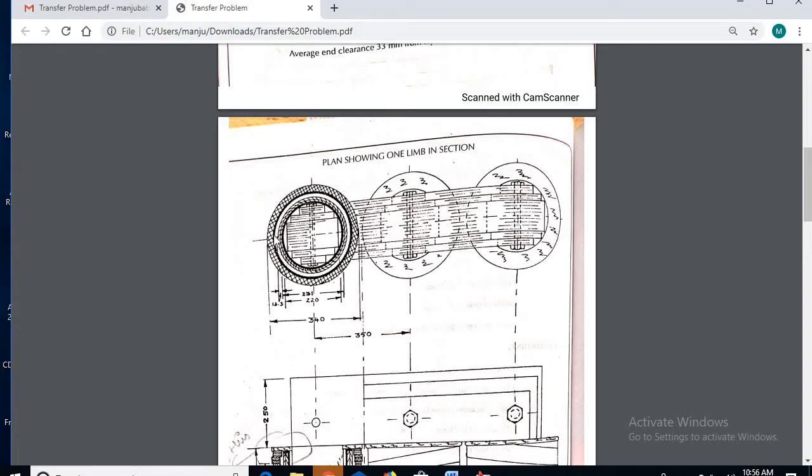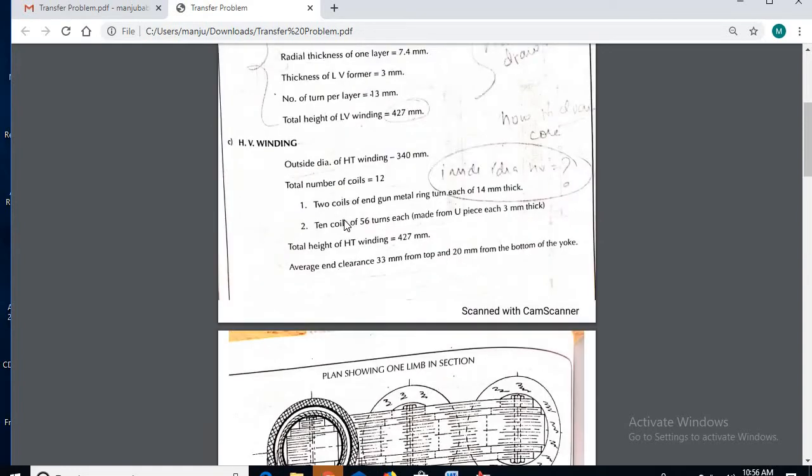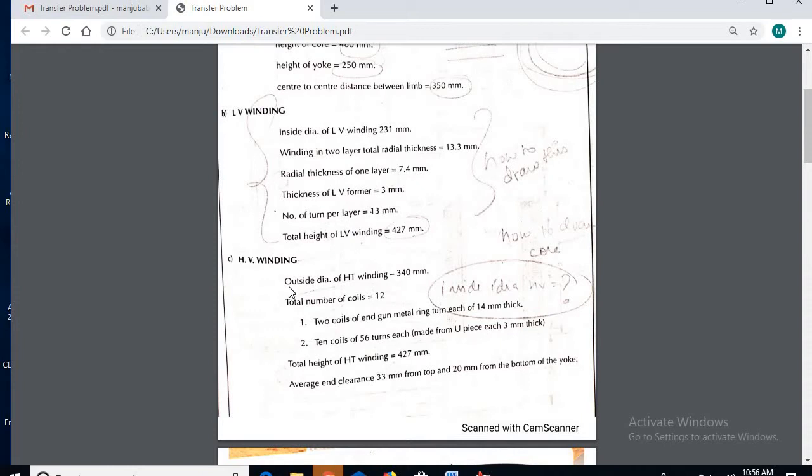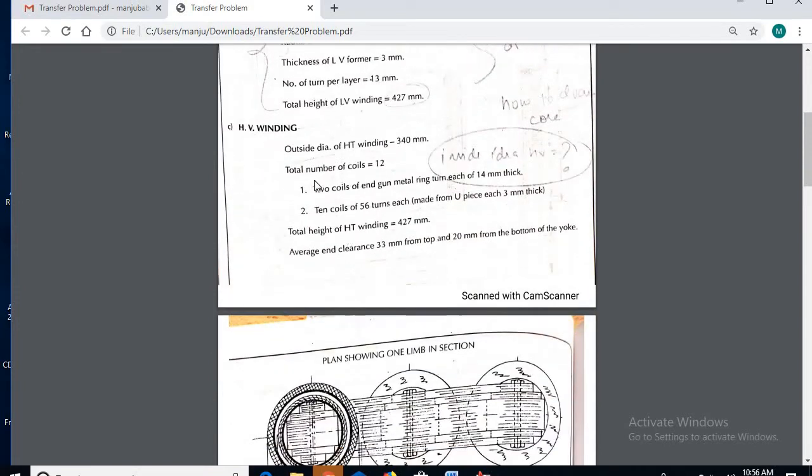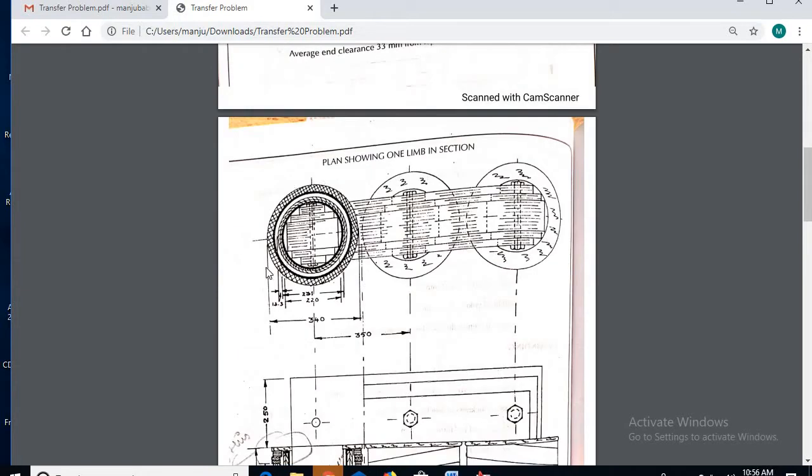For the insulation we can assume 3 mm, since he has not mentioned anything regarding HV insulation. This is the plan.